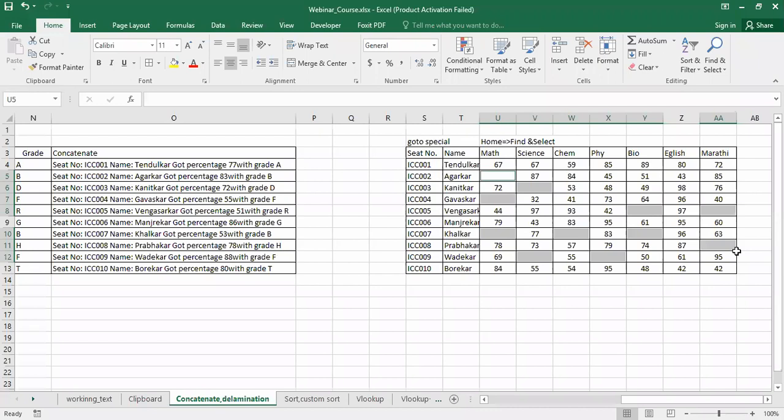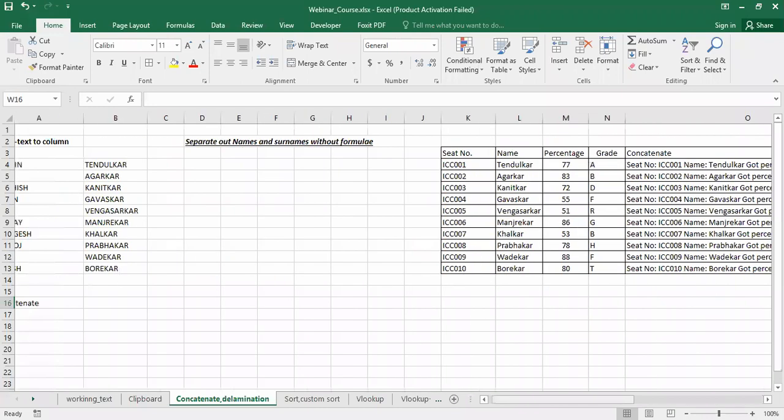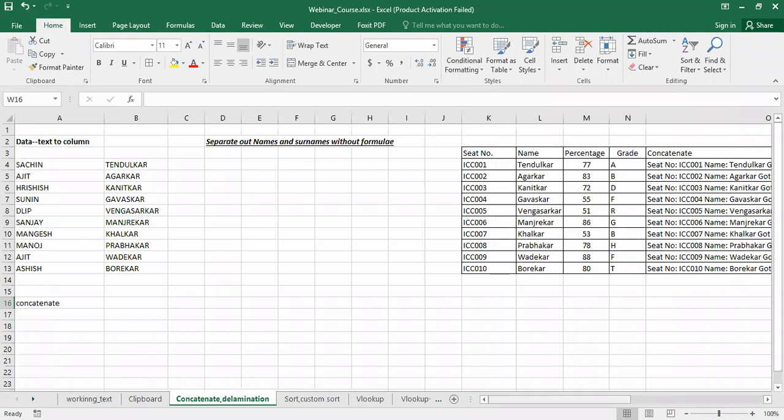Now here if I want to put NA, I will put here NA, and when I press enter, it will update only that cell. But when I press control and enter, then you can see in all the empty cells this NA is now pasted, okay. So now no cell is empty, right? So this way also you can make use of go to special. Go to special is there in the home tab under find and select. This is also one of the commands which is not usually used, but we do it manually, so it takes some time, right? Okay, so this was all about the concatenate, delimitation, and go to special.